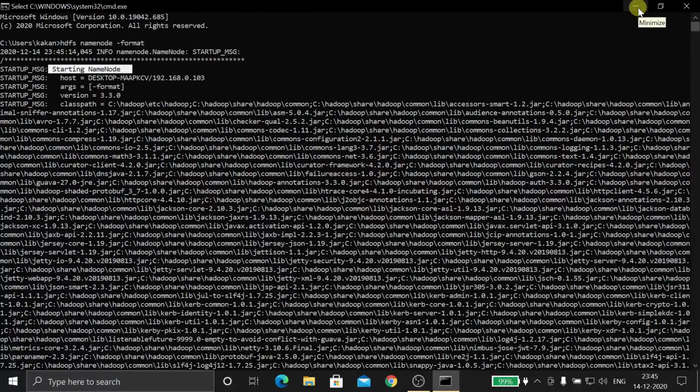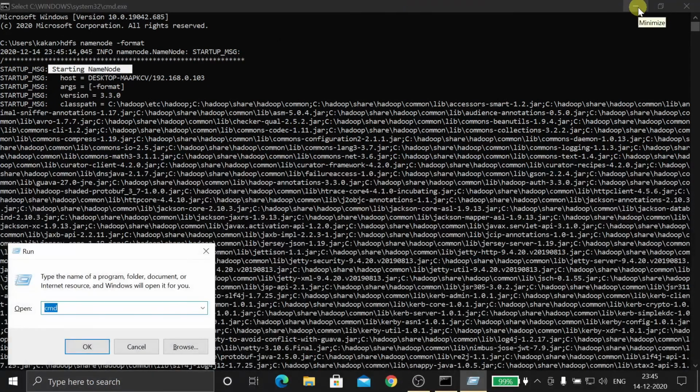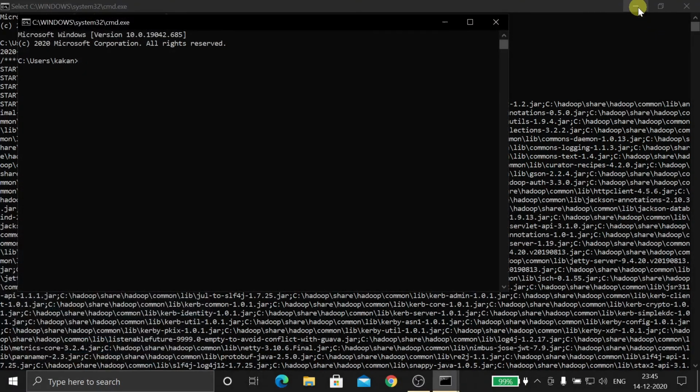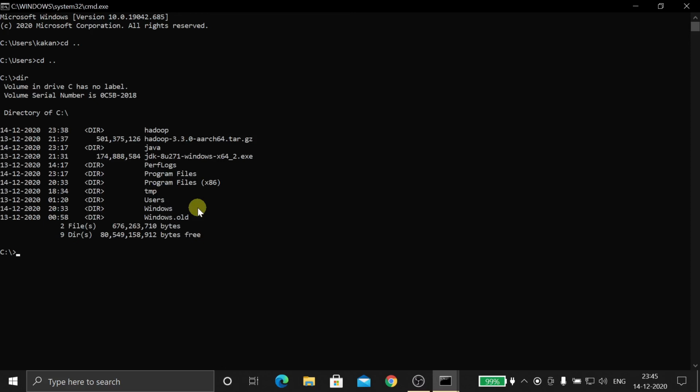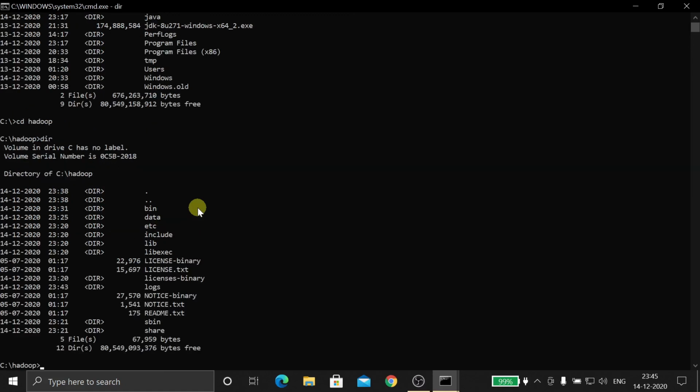Now we need to activate the daemons. So command prompt again. We should go to the directory Hadoop. So we should come back to the C drive, cd .. , cd .. Yeah, let's full screen. Now let's see what are the directories present in the C drive. First folder we need to enter: cd Hadoop. Now let's see what are the directories.